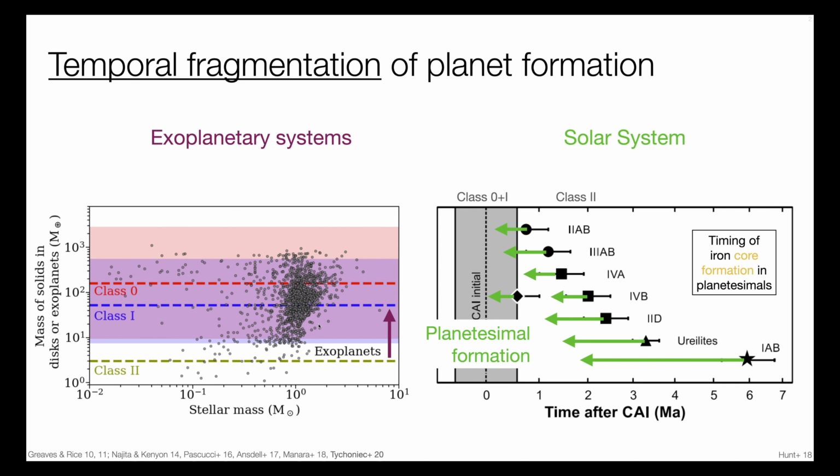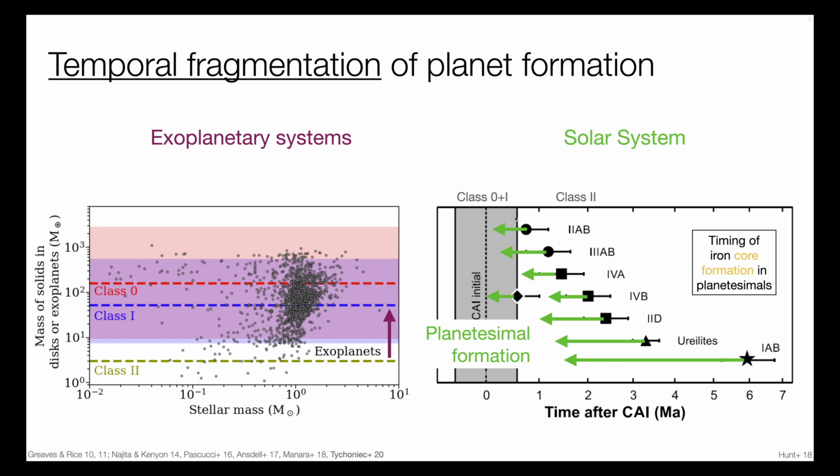Planet formation starts early. The right plot shows complementary evidence from the early solar system, from the timing of iron core formation in planetesimals, the so-called parent bodies of the meteorites. It shows that these planetesimals formed iron cores very early during the solar accretion disk. To match the measured core formation ages, the planetesimal families from which the respective iron meteorites are derived must have formed nearly at the same time as the formation of calcium aluminum-rich inclusions, potentially as early as the class 0 or 1 phase of the solar system.